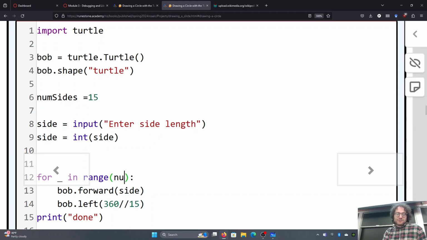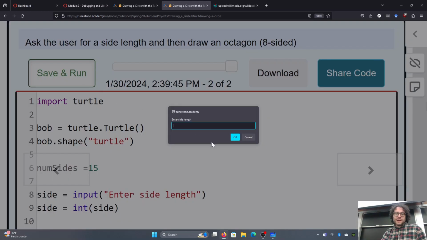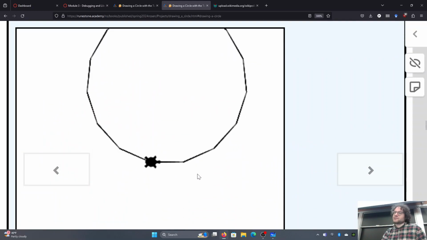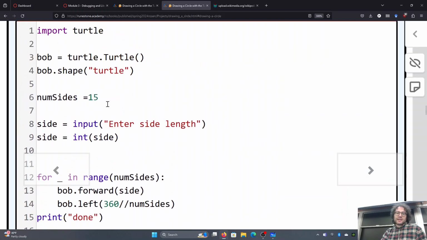And now I can just do num sides and num sides. And now if I want a 15-sided shape, as you can see, it is already looking more and more like a circle. And if I want now a 10-sided shape,